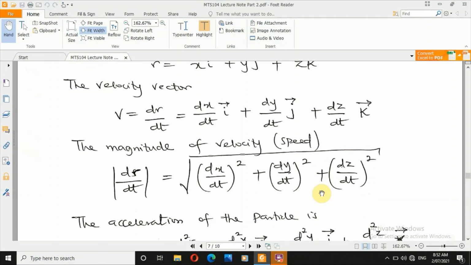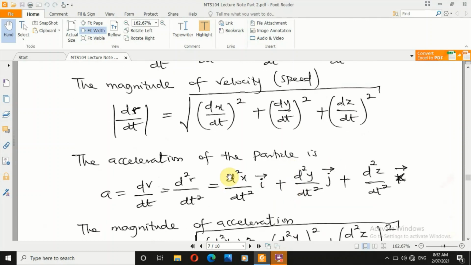So what about the magnitude of velocity, speed? Now we have the r prime of t. The magnitude of the velocity is talking about the speed. Here we are not interested in the direction. You only need to know the amount of the velocity. So how do we get it? The absolute value of r prime of t will give me the square root of the sum of squares of the components: you square this one, you square this one.